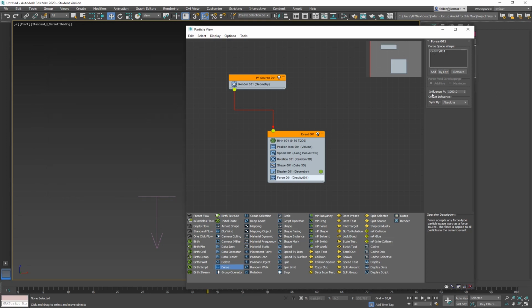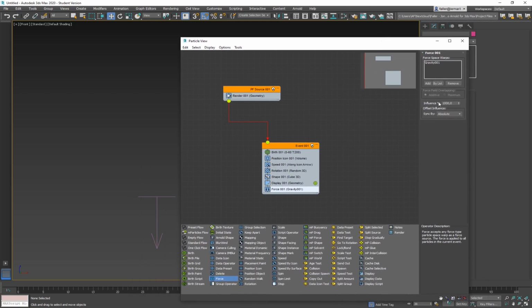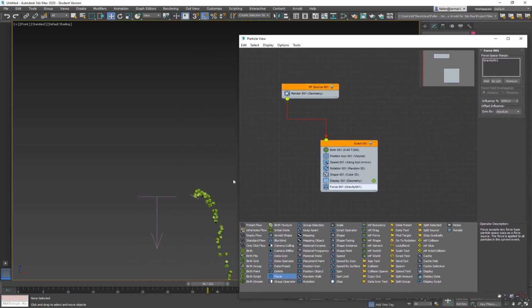So here it is, and now the influence is 1000%. Again, it doesn't say a lot about the strength of it, but we don't have to find any weight and so on. But this is something that is usually very strong. So when the particles are now coming out of the emitter with a certain initial speed of 300 units per second, the gravity kicks in right away, and then they are pulled down. To make it more visible, I'm going to lower the intensity of the gravity.